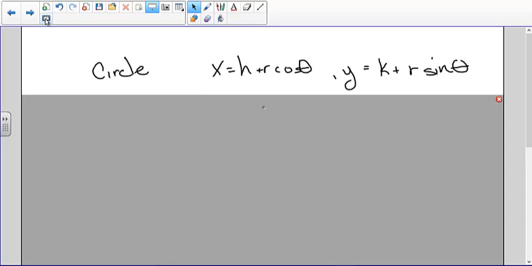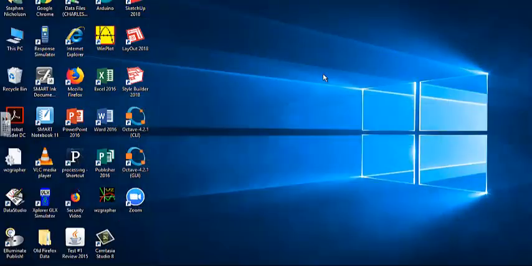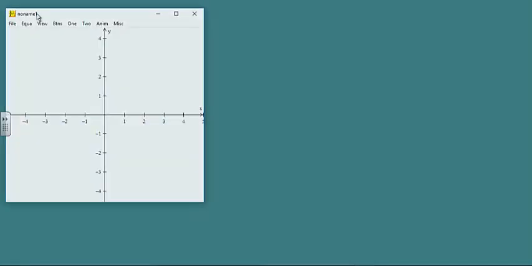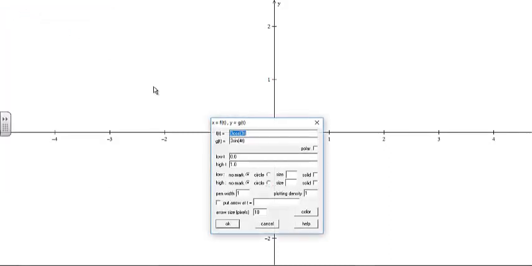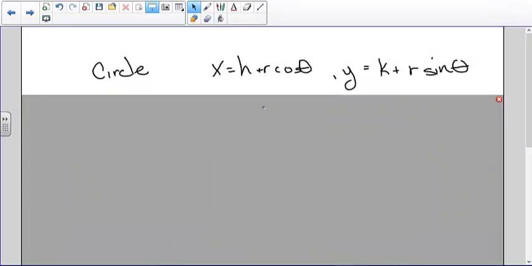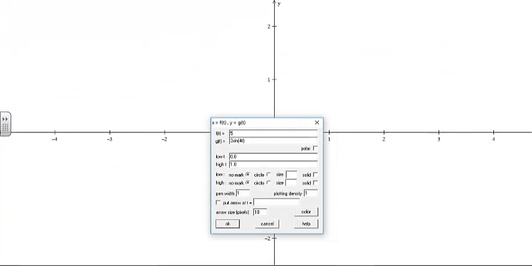And if you did that on your calculator, you would get a circle. We did that the other day, except we didn't have h and k. But let me pull up my graphing program that I used the other day and demonstrate how it works. So if we go to a two-dimensional graph and go to parametric equations, and I put 5... what was the equation? I've already forgotten it. Yeah. So it's 5 plus, actually let's use 0.5, plus